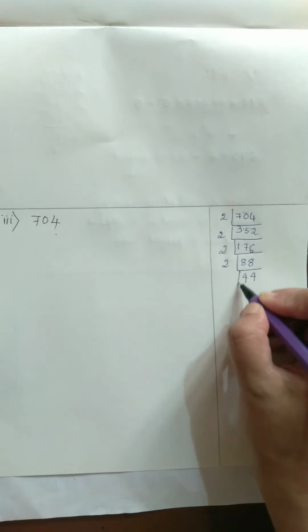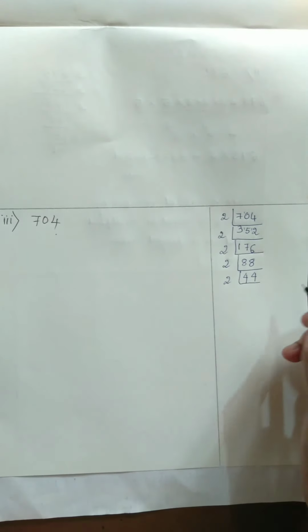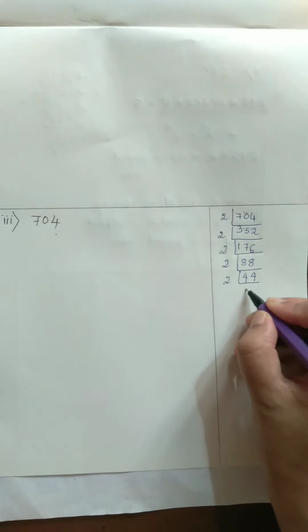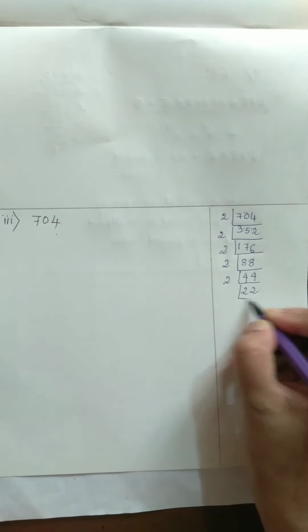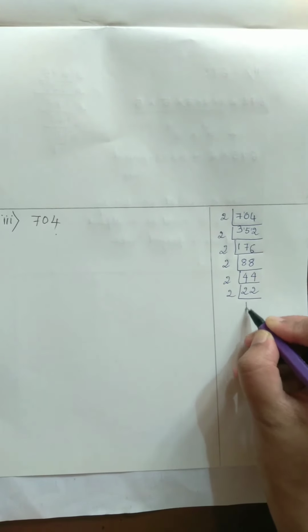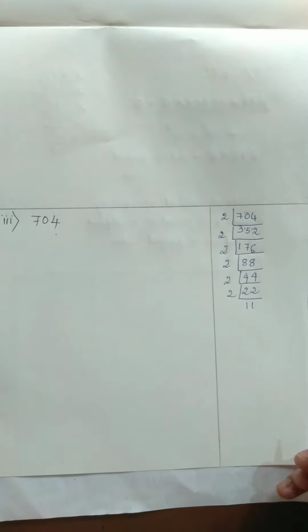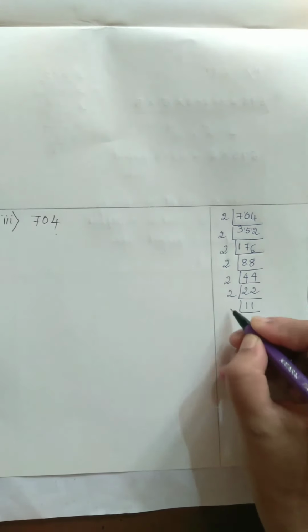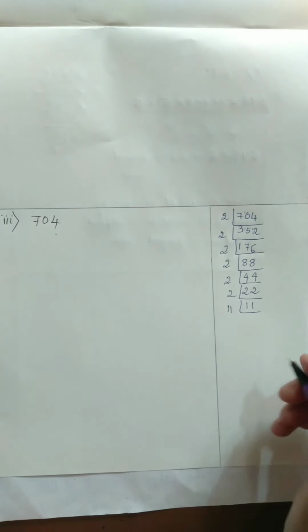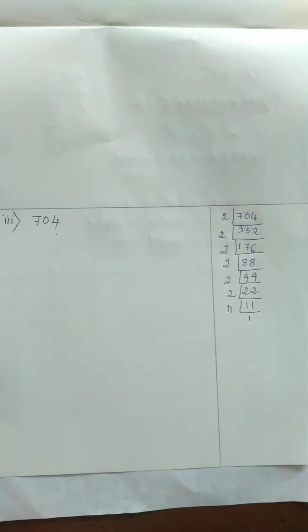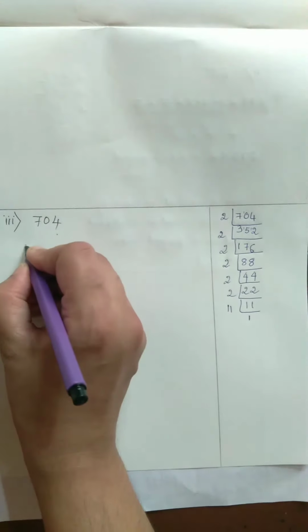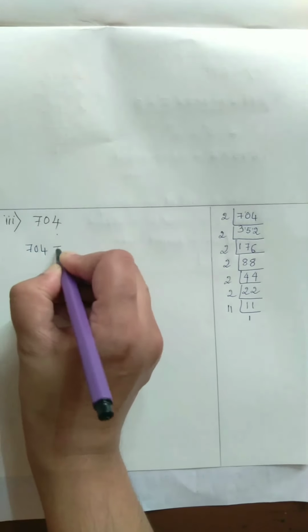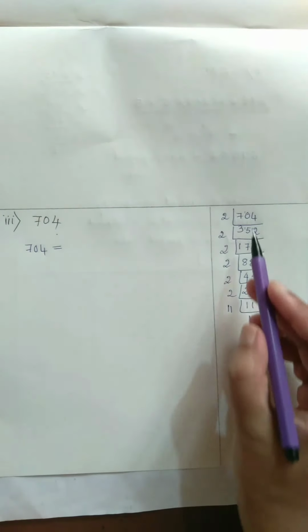We have 44. So, it again goes by 2. Therefore, 2 2s are 4, 2 2s are 4. 22, it goes by 2. 2 1s are 2, 2 1s are 2. Therefore, we have 11. Then, it should be with 11. 11 1s are 11. Therefore, through prime factorization, this 704 can be written as, count the number of 2's obtained,